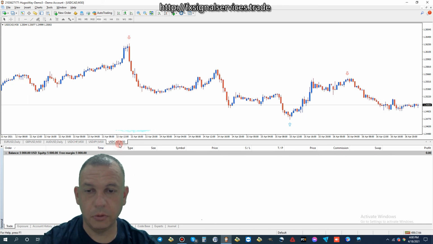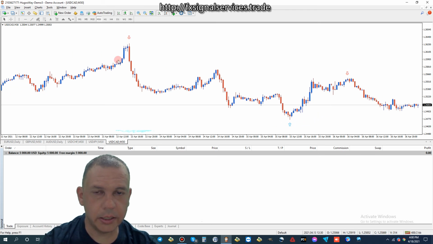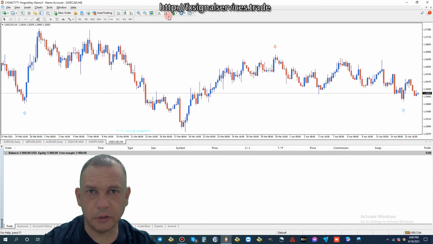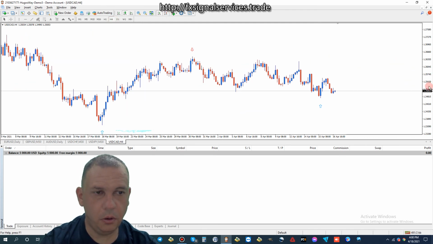Moving on to US dollar versus Canadian dollar. Again, we saw a little bit of a drop here, more or less a range of market. The price ended slightly lower than where it began, and it's definitely a good time to buy and sell using a 30-minute chart. If we look at the 4-hour time frame, we have a strong signal to buy right now, which is a very good sign. This should be going up.